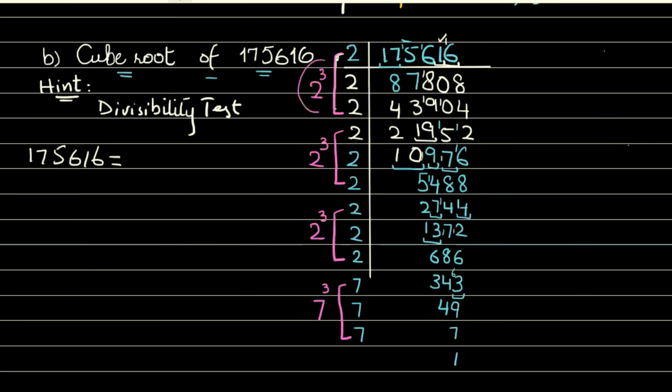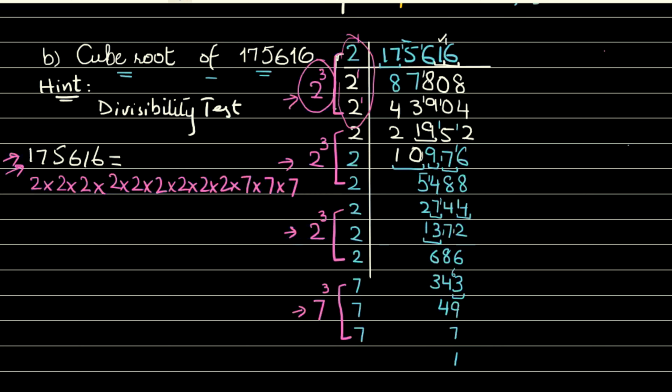We can write it in index notation because the base number is 2 and its powers we can add, because they are multiplying with each other. Let me write the whole thing the first time: 2 how many times? 3 times is given. Then next 2 again 3 times, and in total 9 times 2 we have to write, and 7 only 3 times. You can observe I did not put a cube root at the start. I'm just equating that number with the product of its prime factors, right?